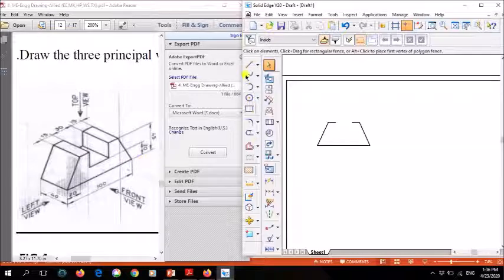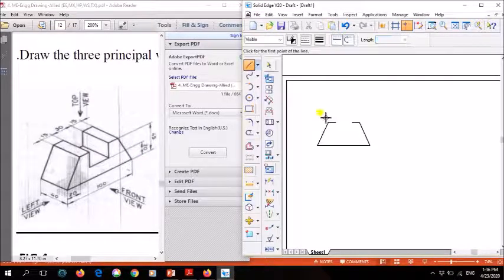Next, I have to go downwards. What is the depth here? The cut depth, how much have they given? They have not given it, but they have told us the height is 45, and the distance between this line and this line is 20. So 45 minus 20, you will get how much? 25 mm. So from here draw a line using thick line only. How much? 25 mm downwards.